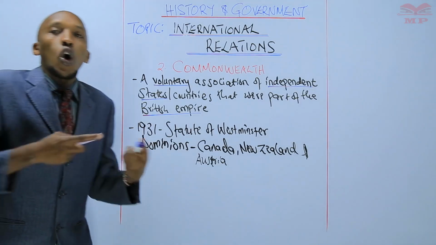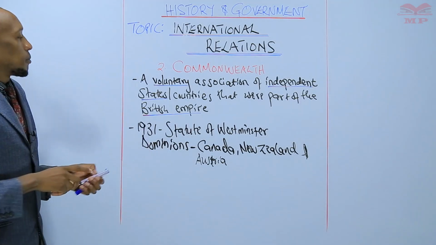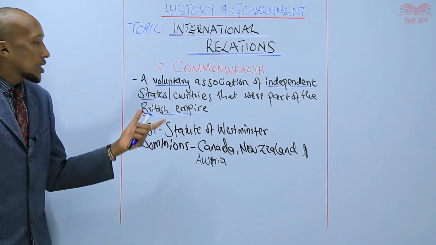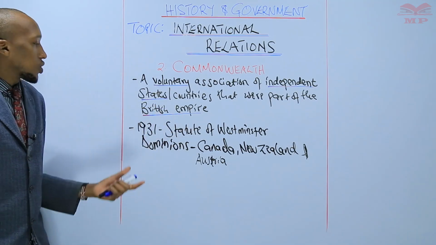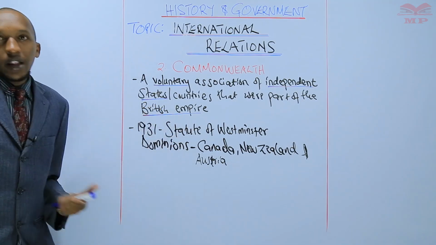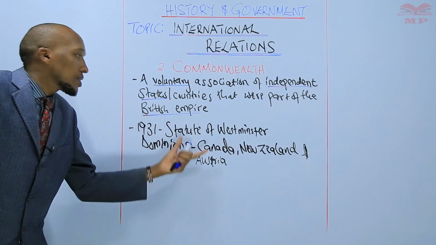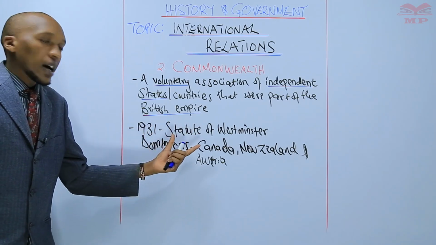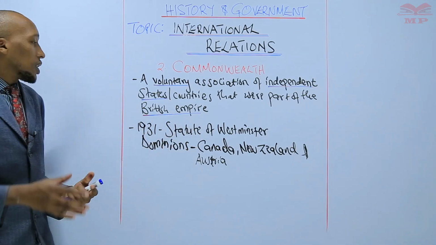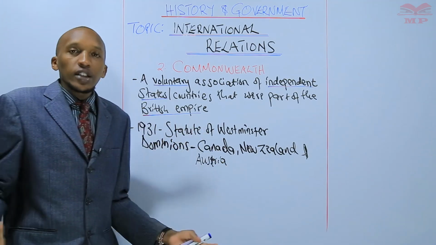But they could not be coerced or forced by the British to take those acts of parliament. So the Commonwealth can be traced to these statutes as its beginning, but it had not taken structure